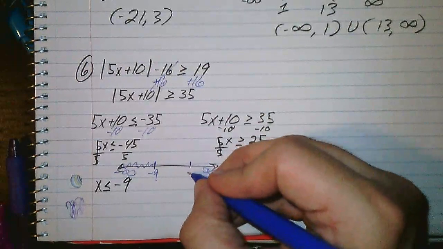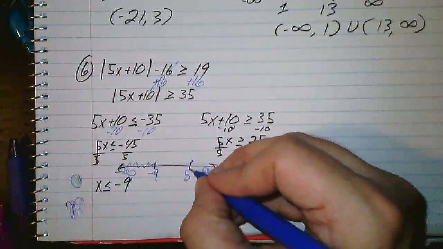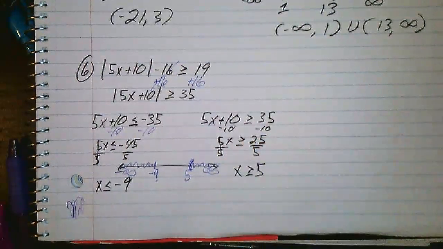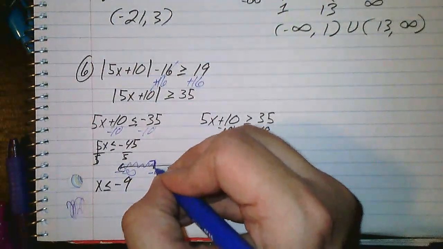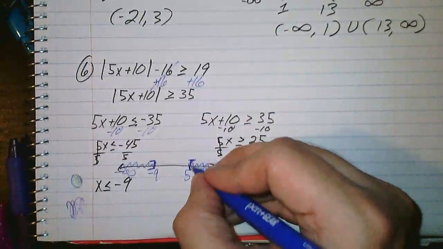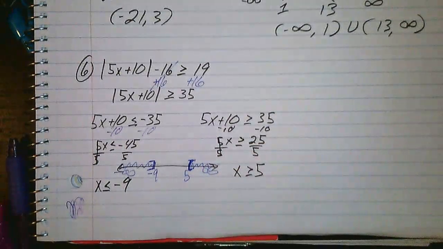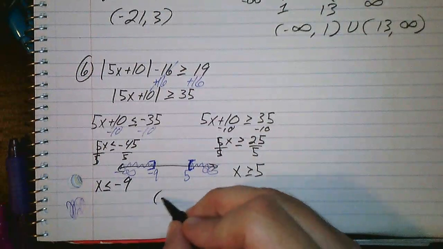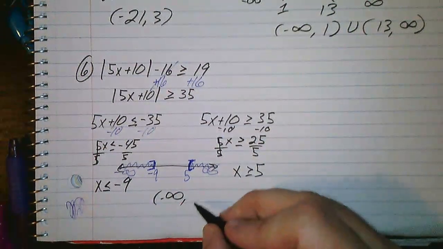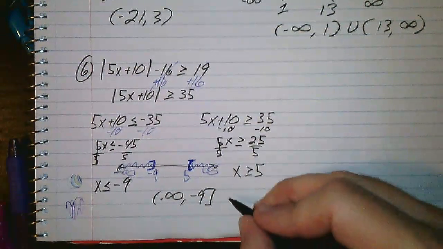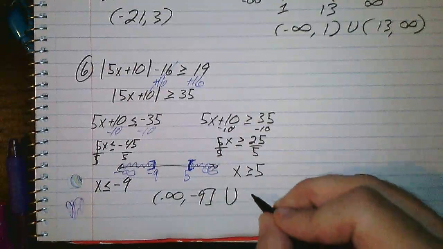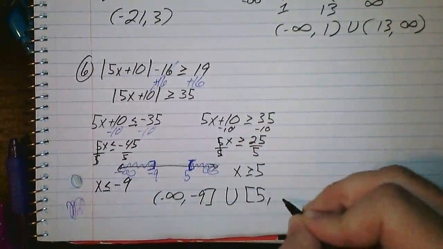And then we pick back up at 5 with a bracket, because there's a line under the symbol. So our answer in interval notation is that we go from negative infinity to negative 9, unioned with 5 to infinity,